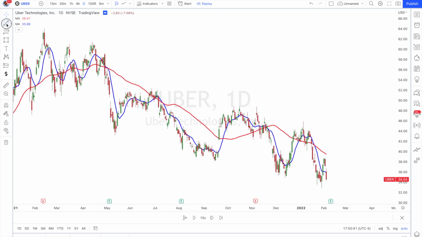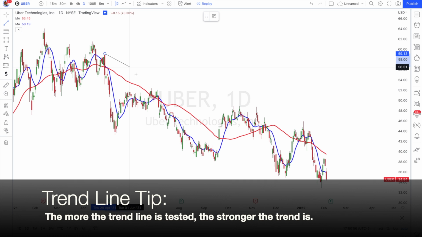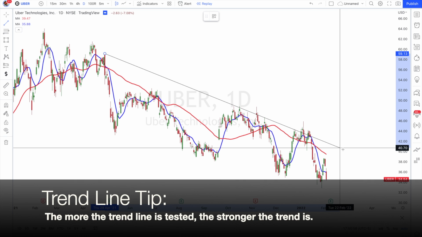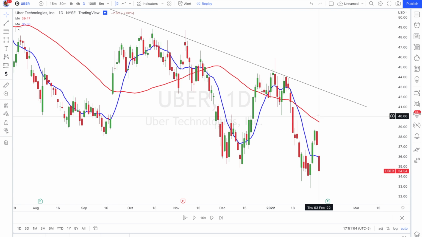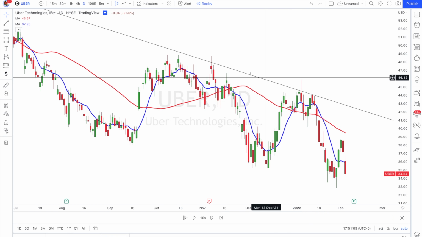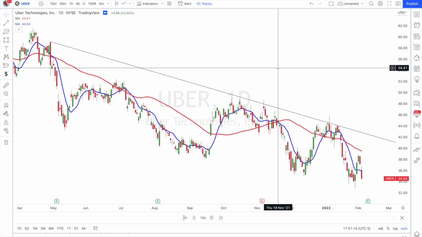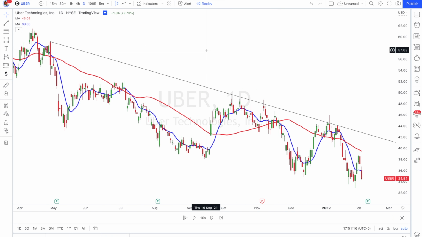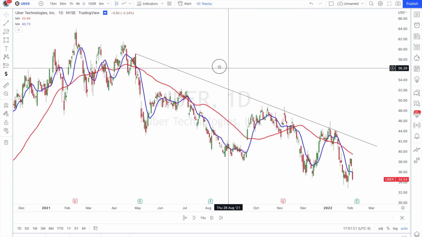So first thing I would do is grab your trend line tool to the left. I would connect our swing highs to as many candle wicks as possible. So in this case, you can see we have 1, 2, 3, 4, 5, 6 candle wicks rejecting off of our swing highs. I would go ahead and clone this trend line